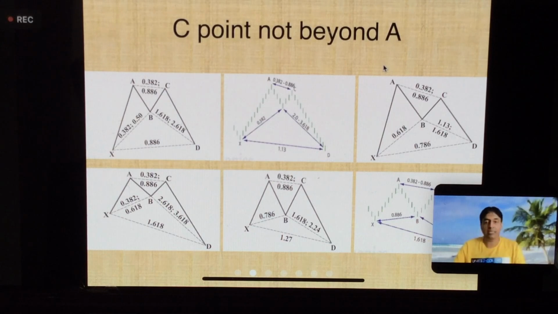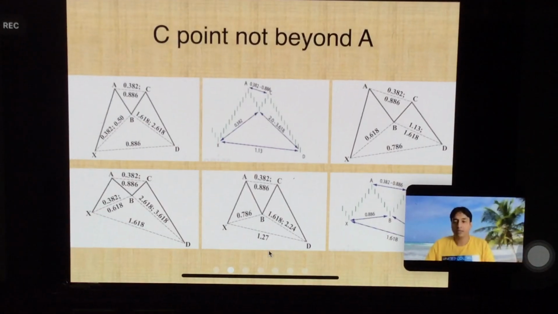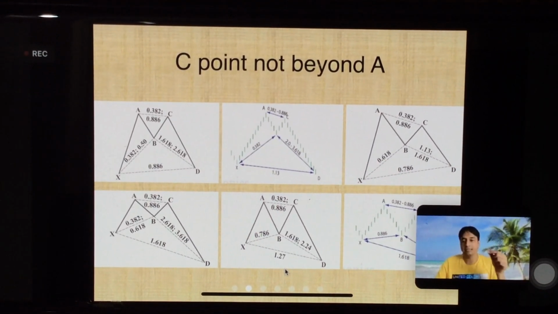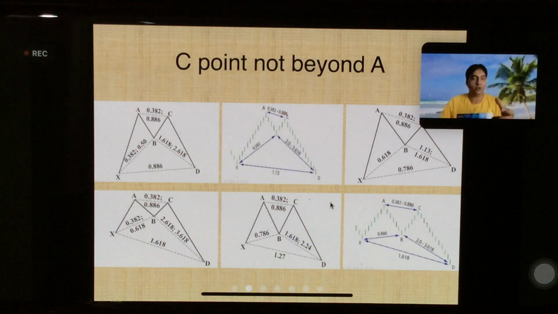So I will be sharing the PPT, you have to take the printout. Right? I personally took the printout, I even have it with me now, I have laminated it. And it was with my laptop always. I used to carry it with me. Whenever I see W or M, take it out and check this, because you can see 0.382 is here, here, here. How will you remember so many? Once you practice, it might take at least 3 months to remember all the Fibos and all those things. Right? So I know now, but you will, for at least 3 months, have to use this. So you have to print this, laminate it, and keep it with you. Right? So that's the best way of practicing.